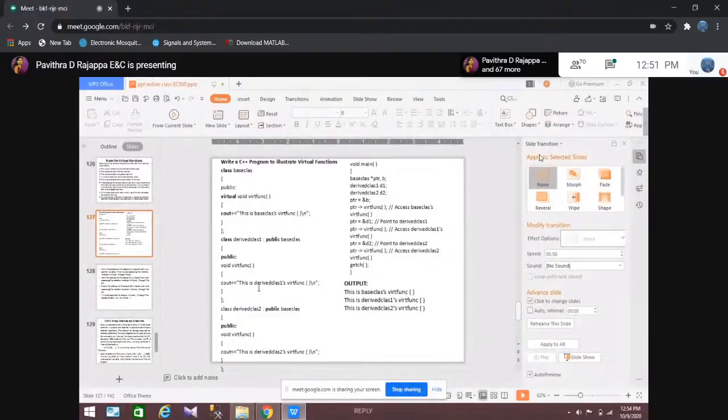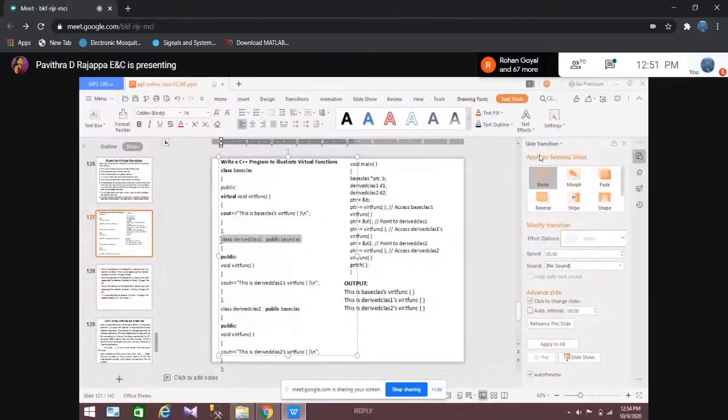The virch function in the base class is different, the virch function in derived class 1 is different, and the virch function in derived class 2 is different. Here we can observe the syntax. Class is a keyword, derived class 1 colon public base class. So this should be the prototyping. The prototyping of the functions should be the same.